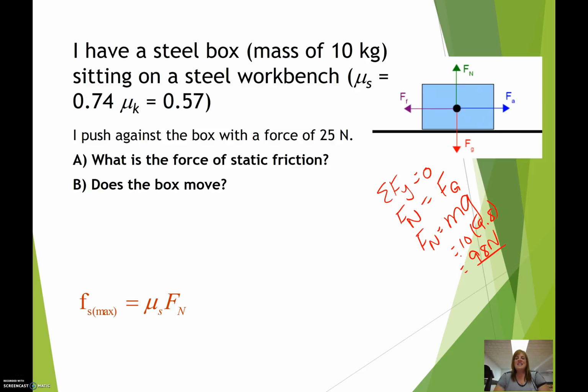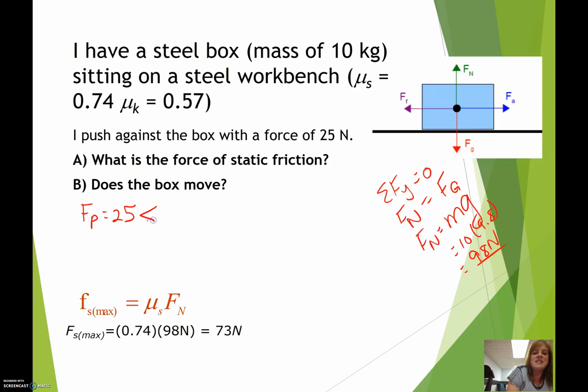All right, so we're going to take the coefficient, that 0.74, and multiply it by 98 newtons, and we get 73 newtons. 73 newtons is greater than our 25 newtons. So I'm pushing with a force equal to 25 newtons. That is less than 73 newtons. So that means no, the box is not moving, which means then to find my force of static friction, now